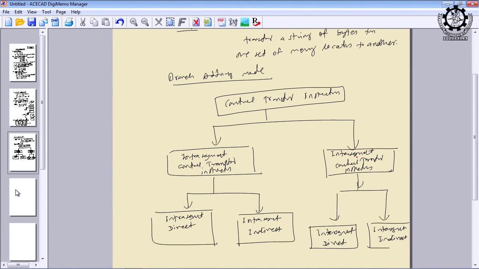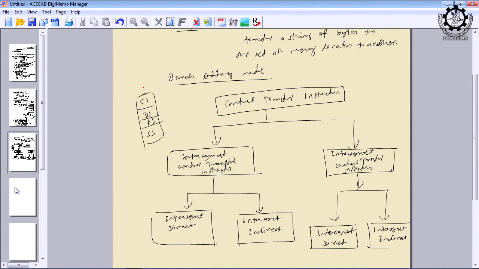I have already told you the entire memory can be divided into 4 segments. One is the code segment, that is called the code area, then the data segment, extra segment, and stack segment. Now, in the code segment you have written an instruction, and if you are using any jump instruction to transfer the control from one instruction to another, it can be a forward jump or a backward jump. It can be a conditional jump or an unconditional jump, irrespective of that, you have to transfer the control.